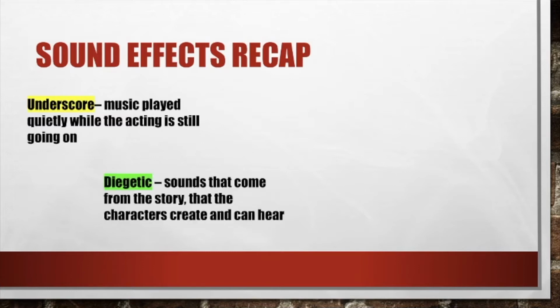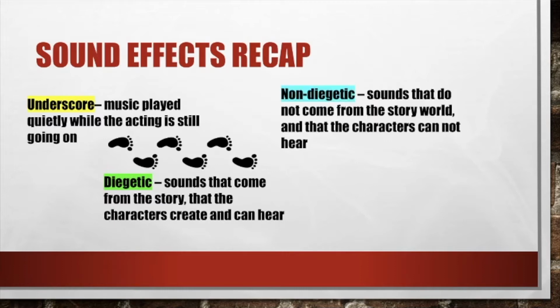We then looked at diegetic, which is sounds that come from the story that the characters create and they can hear. Things like footsteps, or doors creaking, or birds tweeting. The characters are aware of diegetic noises. What they're not aware of, they can't hear, is non-diegetic noises. So sounds that do not come from the story, the world, and that the characters cannot hear. For example, the creepy dramatic music in horror films in the background, which is intended to make the audience feel